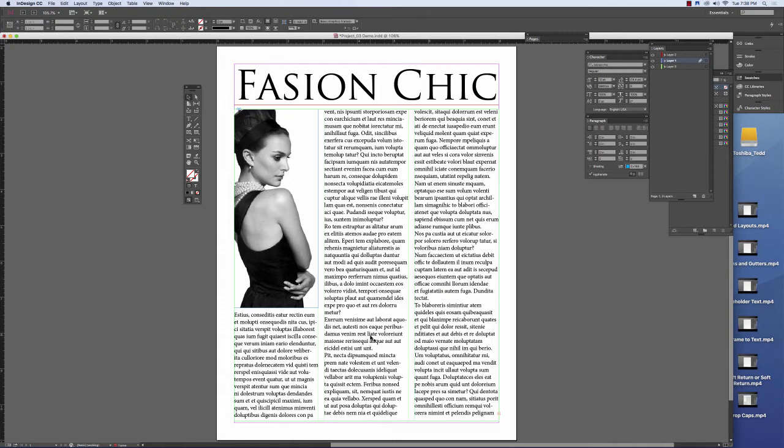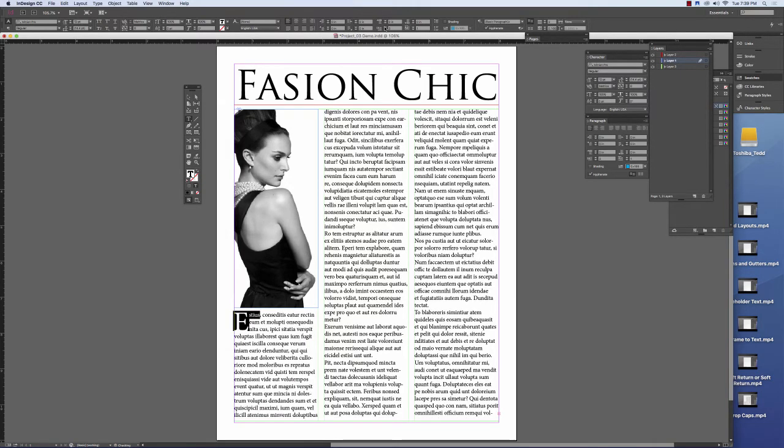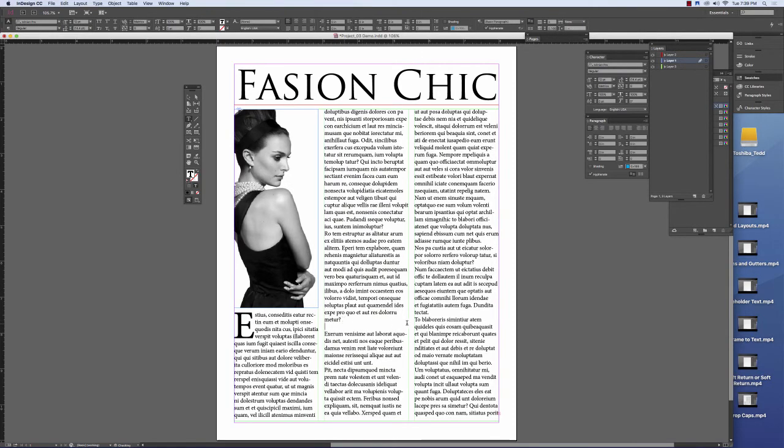But if I want this to look more like a layout for, say, a magazine or a newspaper article, then we may include some drop caps. We may also include some soft returns to indicate where paragraphs begin and end. But you'll notice that sometimes with the text, we sometimes have